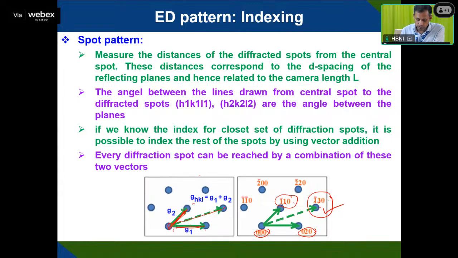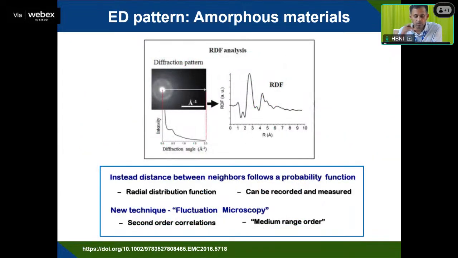If you know these two, you find out, then this you can calculate, and so on. You can keep on; every diffraction spot can be reached by a combination of these two vectors. So with these two vector combinations, and then accordingly if you go on, you'll be able to identify the whole ring pattern. In addition to that, if you have an amorphous structure, we used to get a diffuse ring,